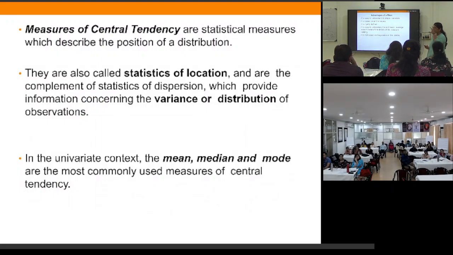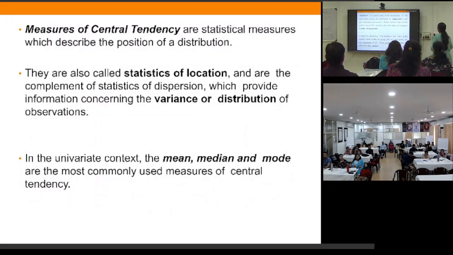It is not based on the position in the series. Extreme values: definitely, if you have got something very abnormal value, so if such things come, just check the data. Has some wrong entry happened? That is very important. It cannot be calculated for many open-ended classes, if you are saying 50 and above, age 50 above.